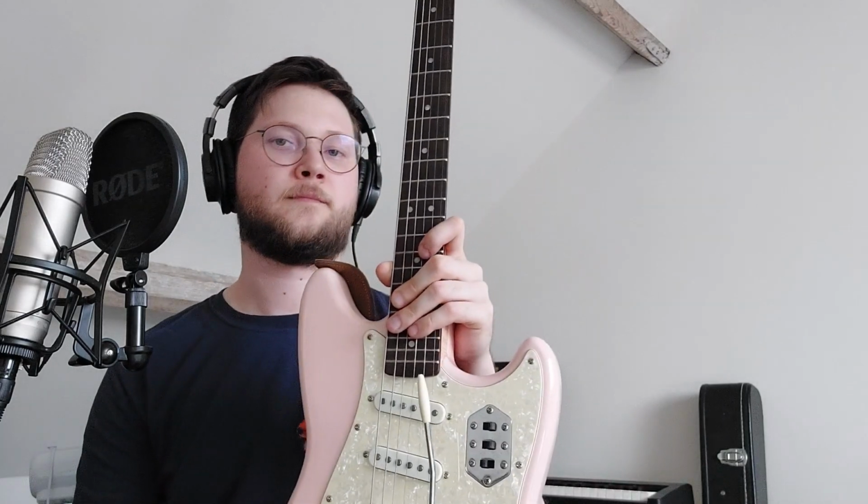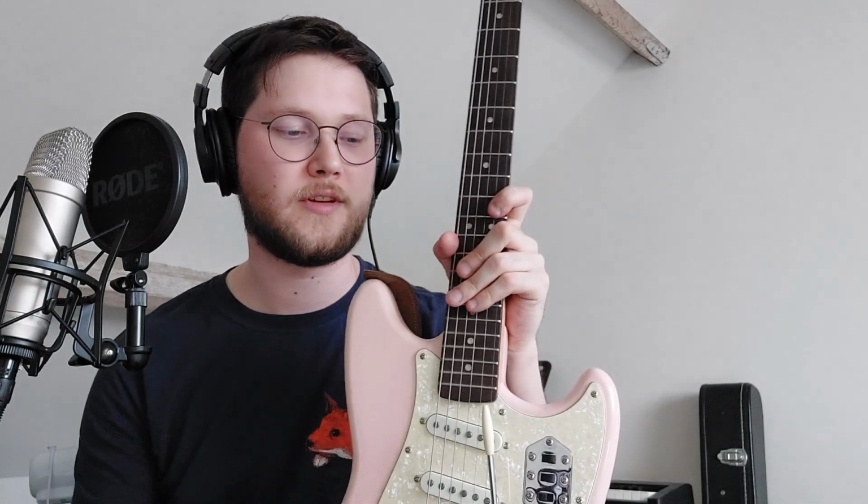What is there to say about this one? It's very pink, obviously. I also bought this one used sometime last year. I forget when exactly. But I think the main motivator was because I wanted a guitar with a whammy bar,